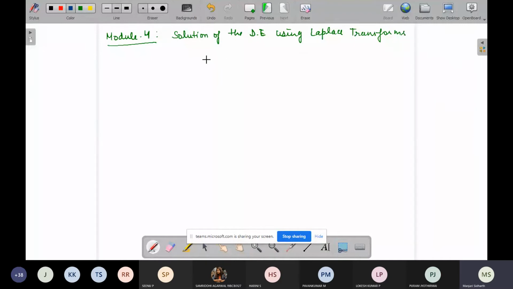But you should know the basics of Laplace transforms. I hope you all remember Laplace transforms, or you have studied them in your first or second semester in calculus for engineers. Okay, so I am not going to teach the Laplace transform basics here, we will just use Laplace transforms. But I will give you the definition and the formulas that are important for this module. Okay, so Laplace transforms.